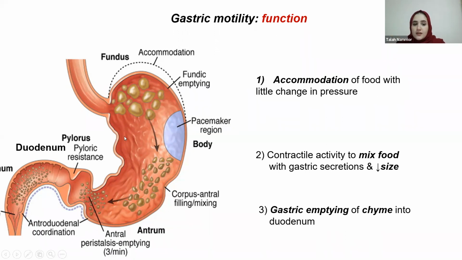Here is the peristalsis. You can see the wrinkly muscles here, and you can see how those particles were way larger and they become smaller and smaller. Okay, lastly, it has to empty all of this